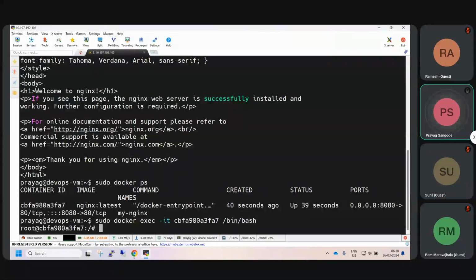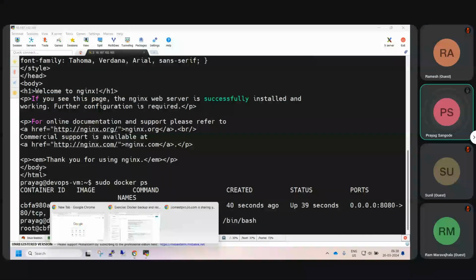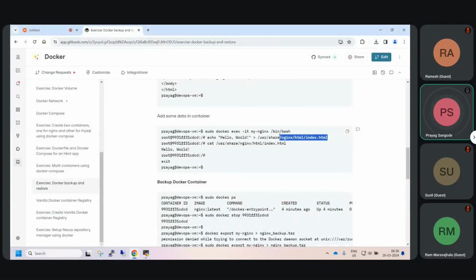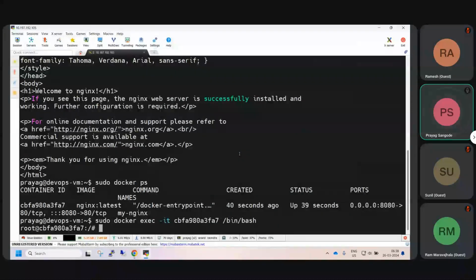Okay, we are inside the container, and we'll modify the index.html file. We'll just do echo hello inside that file. /usr/share/nginx/html is the location where we have the default html page, where we'll just do echo